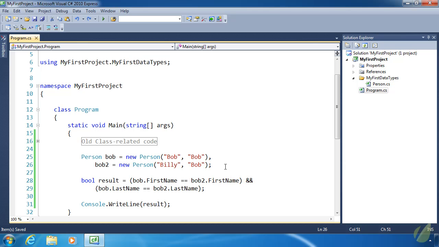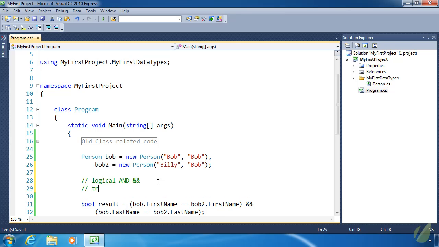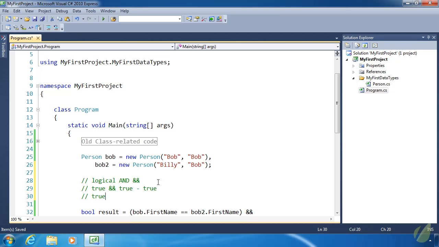I'm just going to use true and false because that makes it a little easier to read. So logical AND. When referring to the logical AND operator and you're not using the actual symbol, it's always the capital AND. But that operator is 2 ampersands. So if we have true and true, the result is true. If we have true and false, the result is false. If we have false and true,